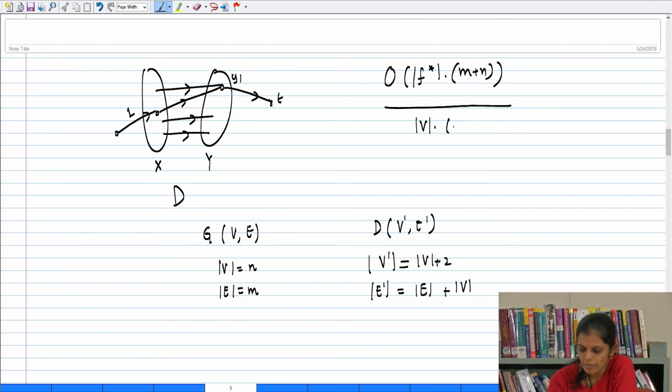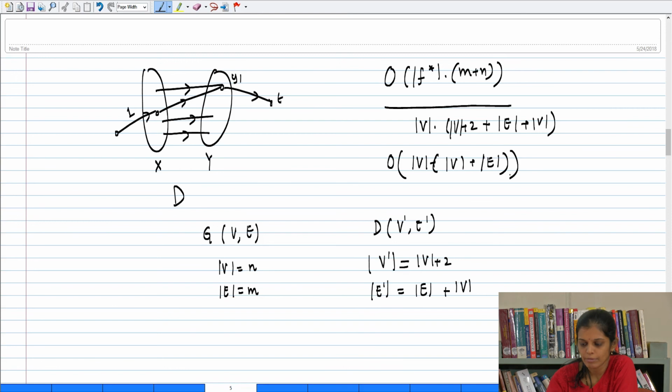So V times the cardinality of V plus 2 plus the cardinality of E plus V, the overall term happens to be V times V plus E. We will hide all this in the order notation,